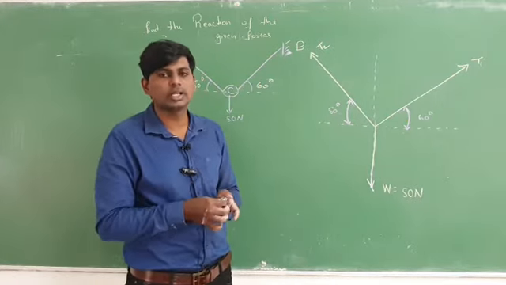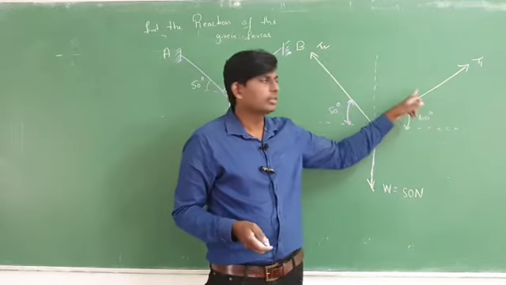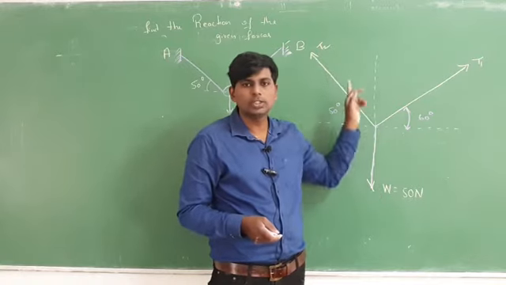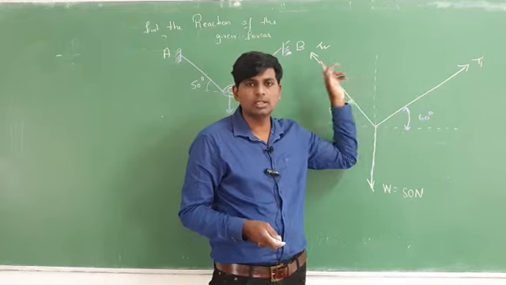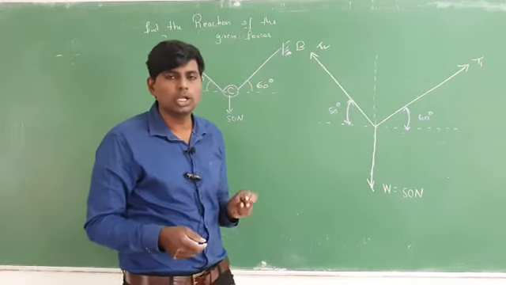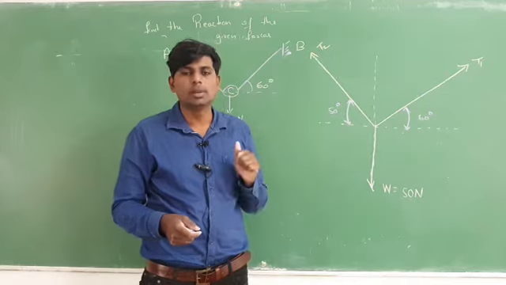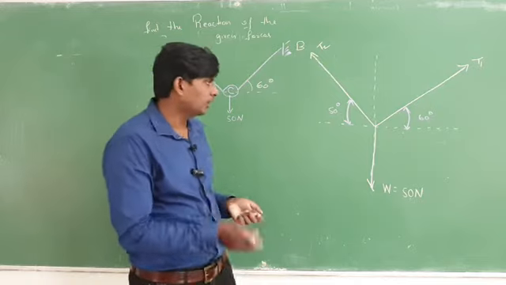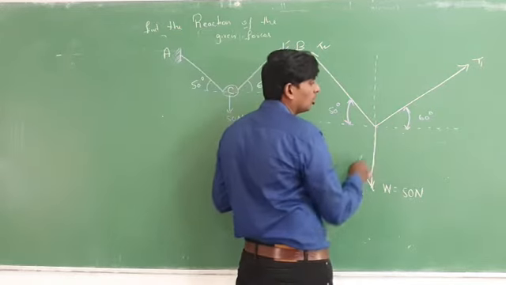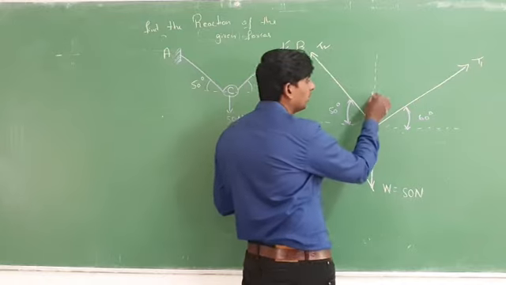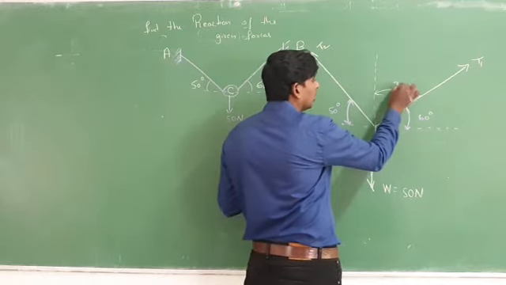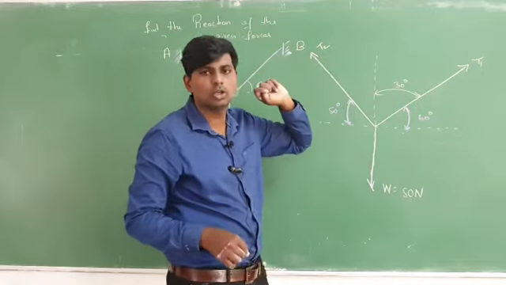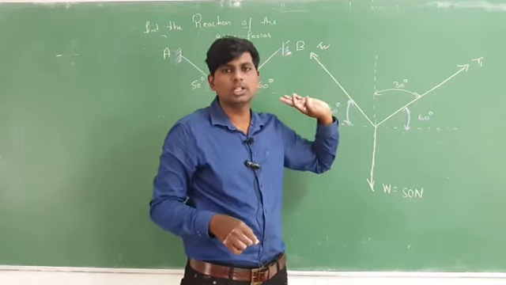So here three forces are there. First force is T1, second force is T2, and the third force is W. So what you have to do, you can apply Lami's theorem. But first try to find out how much angle is there between the forces. Here the angle is 60 degree, so the opposite angle is 30 degree, because the sum of these two angles should be 90.